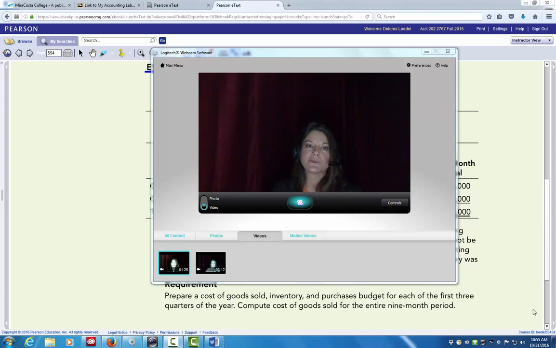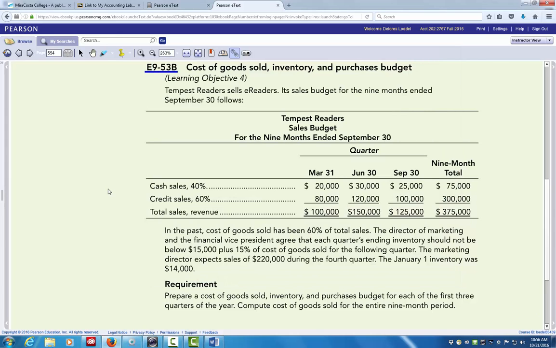So with this chapter, the material that comes with my accounting lab is fairly complete as far as videos go, with the exception of objective number 4. So I wanted to go over a particular problem related to objective number 4, and we'll work through the solution together. Okay, so the problem that we're going to look at is